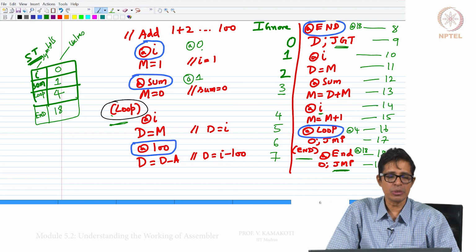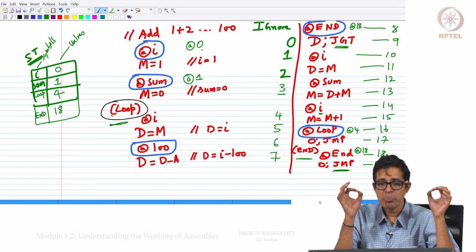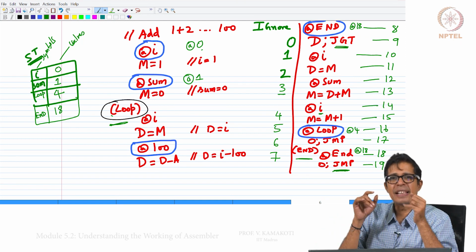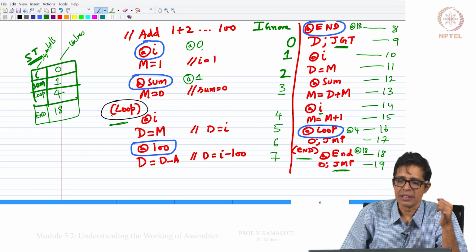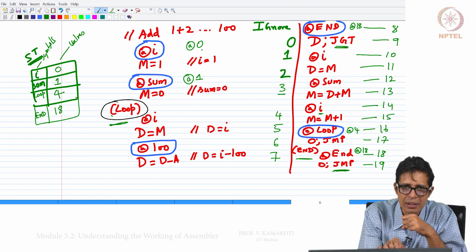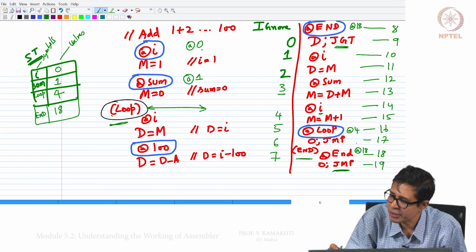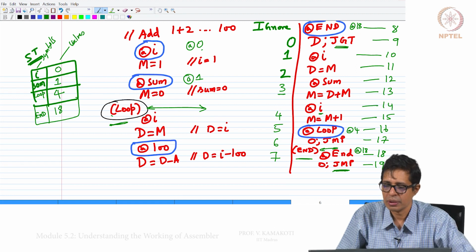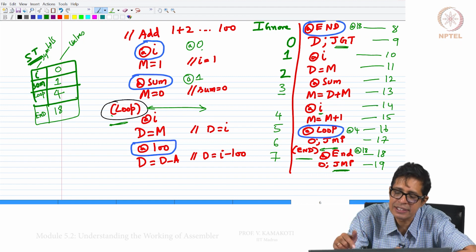Let me sum up some of the important points here. First thing is, we have a running counter. That counter will ignore all the comments, and ignore all the lines which have only a symbol, like loop had only a symbol, end had only a symbol, etc. And for every instruction that it sees, a C instruction or A instruction, it increments.